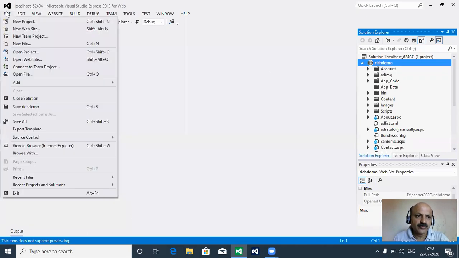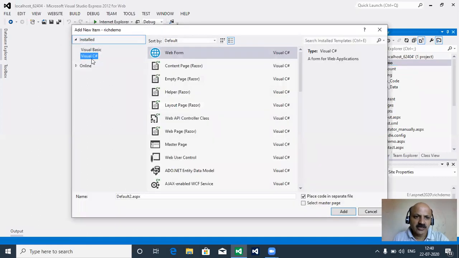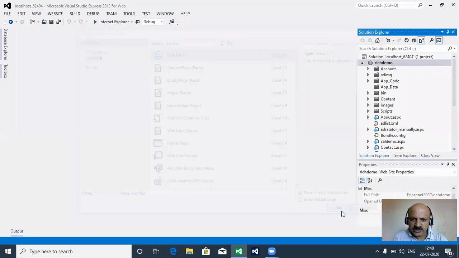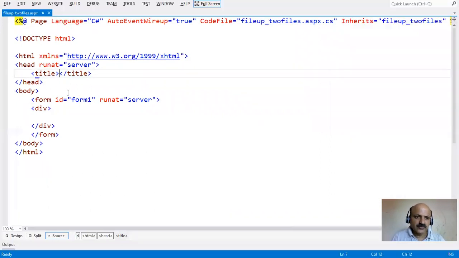In the File menu, I take new file, and here the language is C sharp, and web form file is there. Here I provide the name of the file, like file upload and two files. Okay, there are two files. Either you can choose the image file or you can choose the notepad file. So first I fix our goal, and that is the file